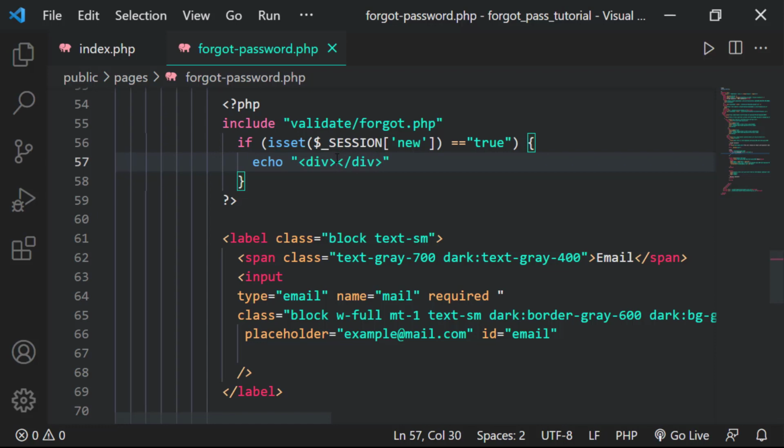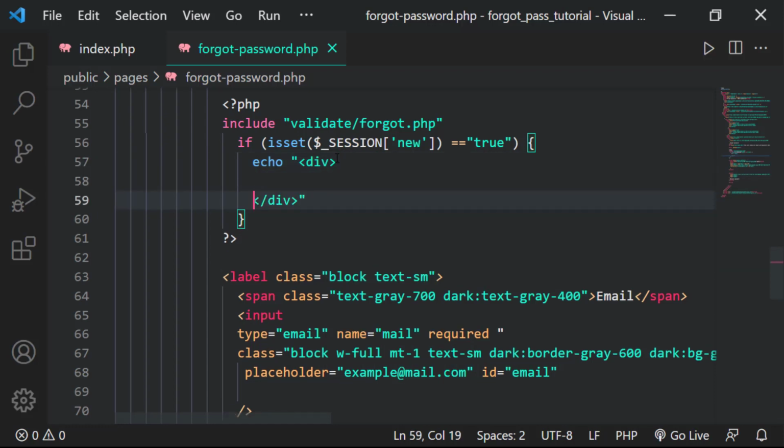We're going to have the information inside here, but we're just going to style it a little bit, and for that we're going to include a class. And here what we are going to do is to have the alert success,